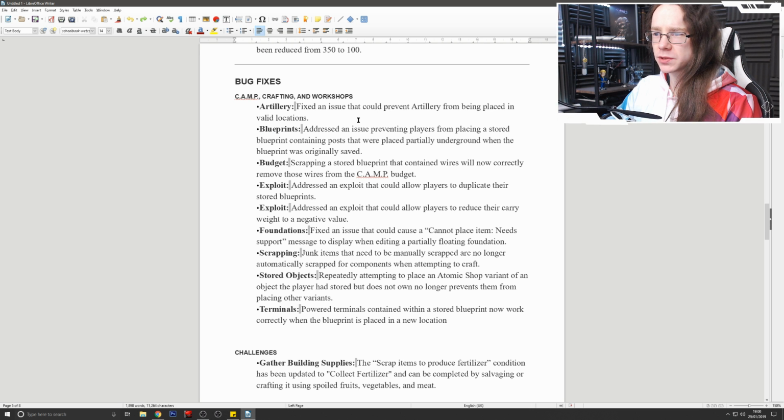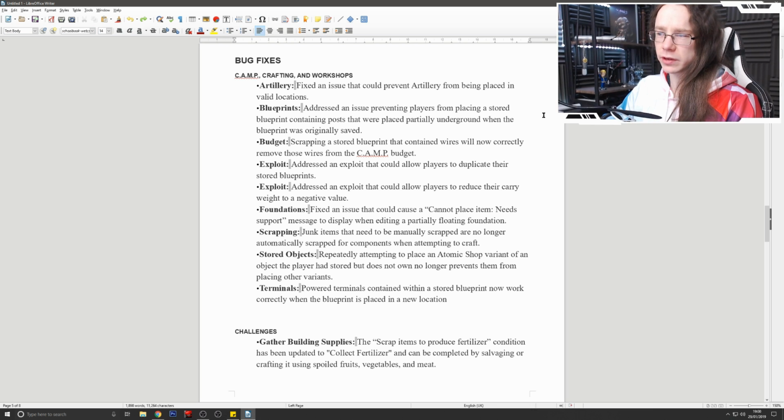Camp crafting and workshops. Artillery. Fix an issue that could prevent it from being placed in valid locations. Okay, artillery is easier to place. Still not particularly effective as far as I know, so it is what it is, but...